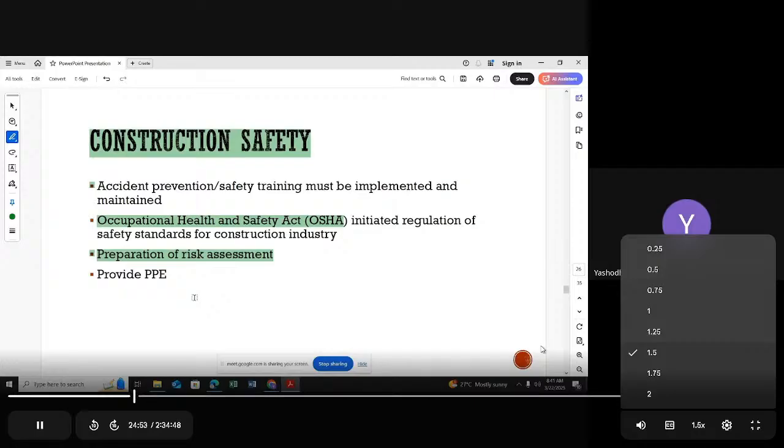Not only that, these kinds of things happen very commonly in the construction industry. Not only laborers, the staff are also affected. The reason is that we are not using the safety measures, the safety things, correctly. As professionals in the industry, you will all be project managers in the near future, so these things are very important for project managers.